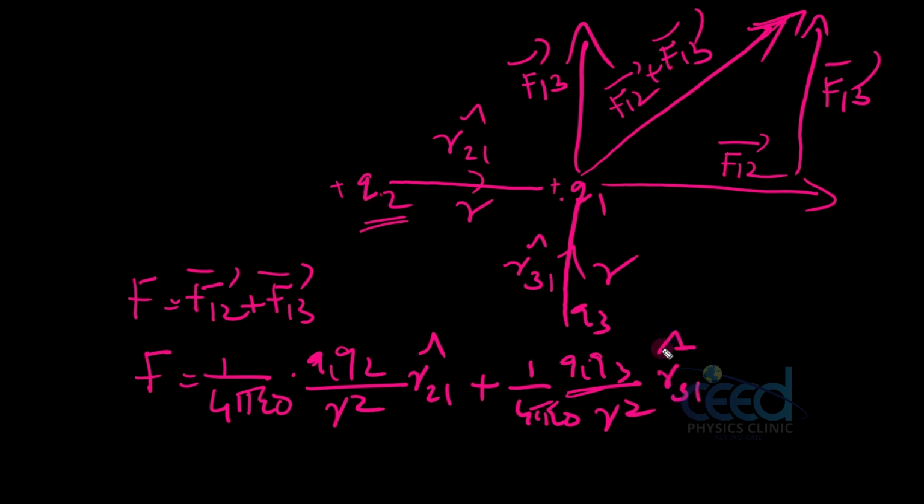And if you have a number of charges like this, you may proceed like this. So the resultant force on a particular charge is equal to the vector sum of the forces experienced by all other charges on it, because we have applied the triangle law here. So we have to add all the other forces acting on it, then we will get the resultant force. That is the superposition principle.